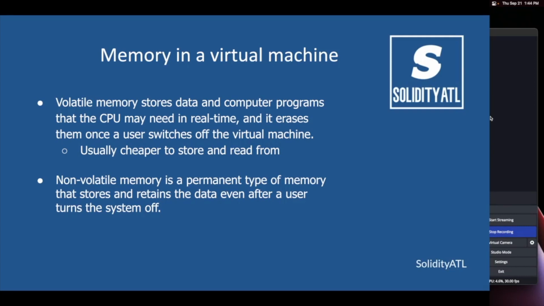Now, to introduce the EVM, the Ethereum virtual machine, one common thing between virtual machines is the concept of volatile memory and non-volatile memory. And this starts to be important in the Ethereum virtual machine, and where the data is actually being stored and accessed. So volatile memory is memory that is being used by a computer program at runtime or in real time, but whenever that virtual machine turns off, that memory is gone.